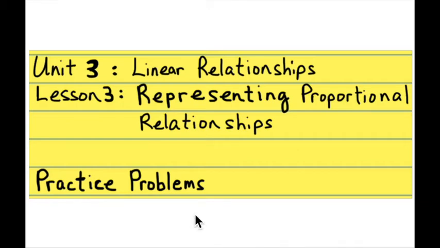These are the practice problems for Unit 3, Linear Relationships, Lesson 3, representing proportional relationships. And this is practice problem number 1. And in this problem,